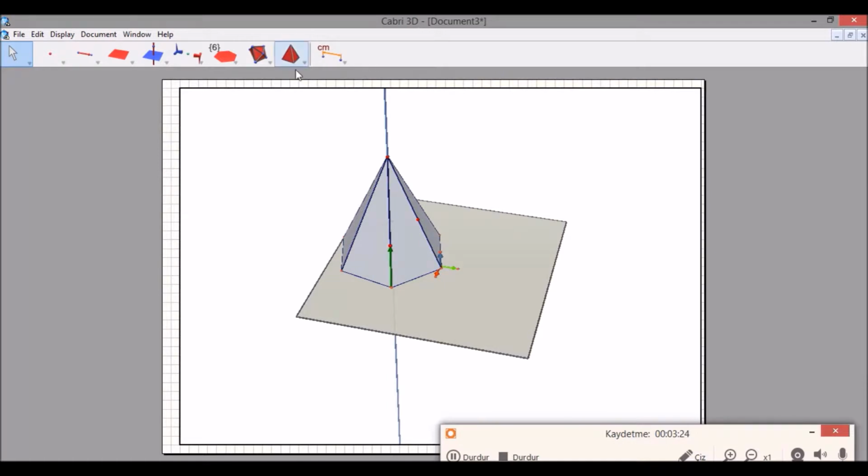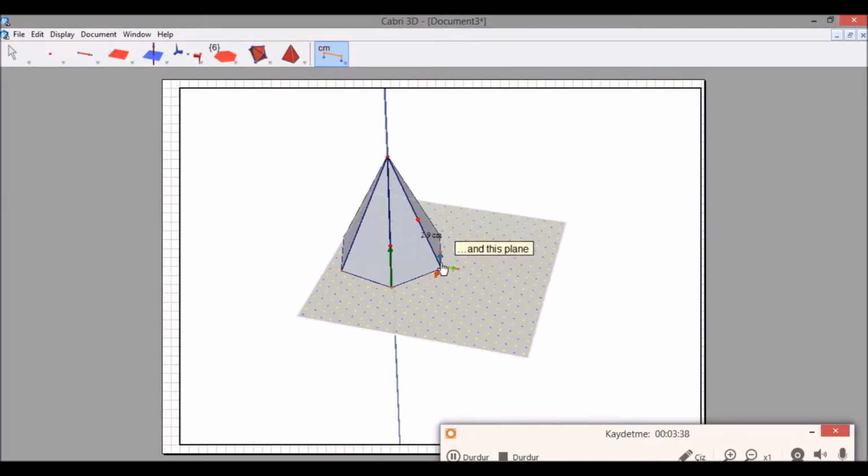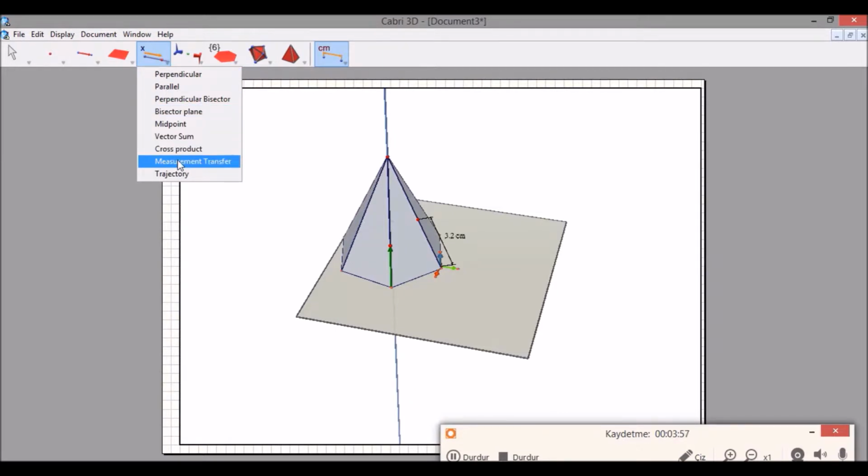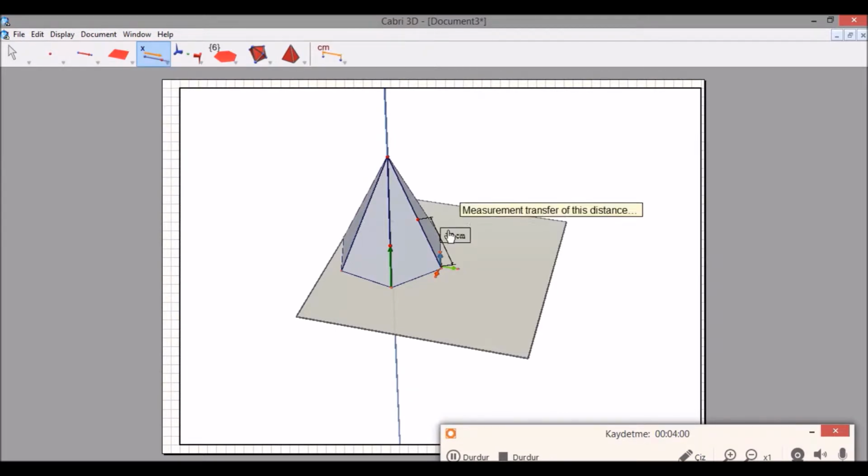So to make it clear, I will measure the distance between this point and this vertex. It's 3.2 centimeters. Now I want a 3.2 centimeter distance here. So I will choose measurement transfer here. Firstly, I choose 3.2 and